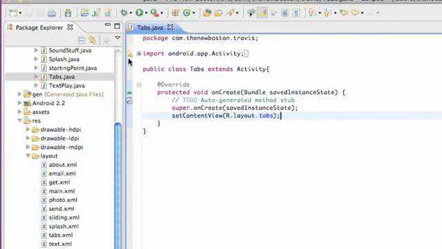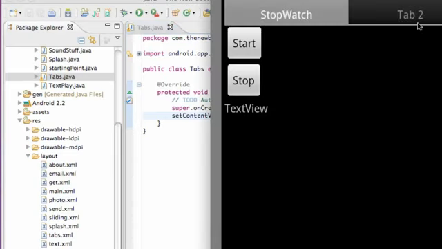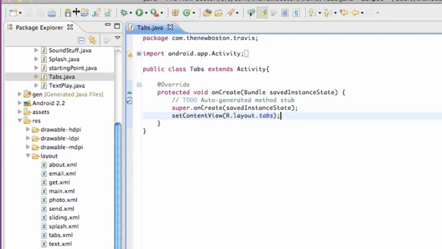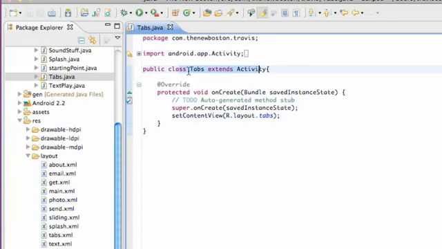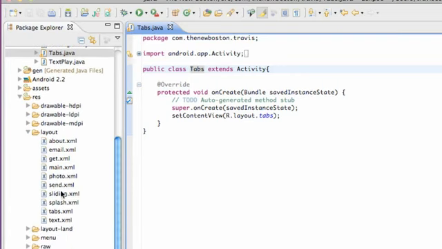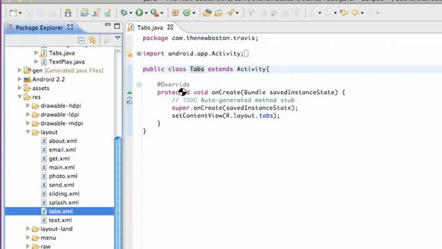And what we're going to do in this tutorial is again set up just kind of a small application that deals with tabs. Something like this is our desired result. But for this tutorial, we're just going to set up the XML layout. So I want you guys to create a tabs class, or a class called tabs, and then also an Android XML file called tabs as well, lowercase,